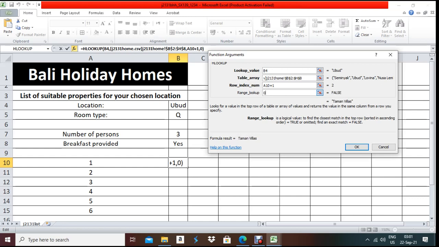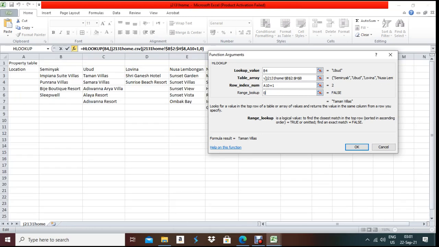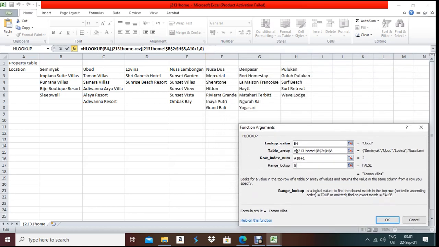A10 means 1 and plus 1 means 2. That means it is going to check the second data, because in the table array I selected only the location name and the property names.